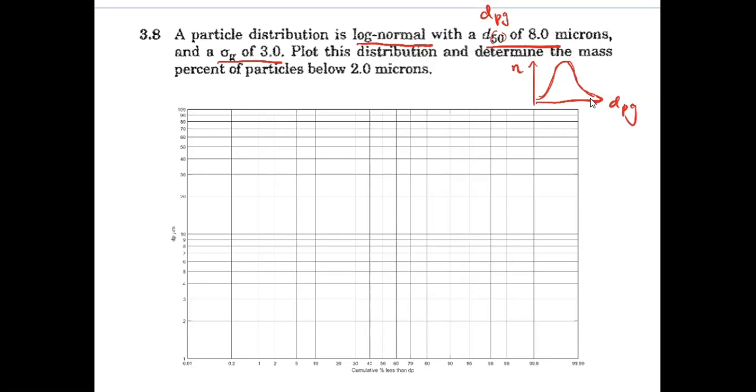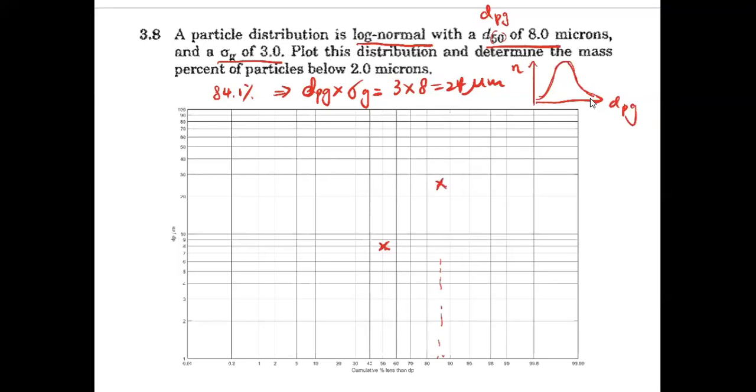So we should know that basically 8 microns will correspond to 50%. We can find it out here, right? So this is due to the property of this log normal distribution. So we should also know that 84.1% will correspond to basically dpg multiplied by sigma g, which is 3 multiplied by 8, is 24 microns. We should find out where 84.1 is, somewhere here, and then 24 micron